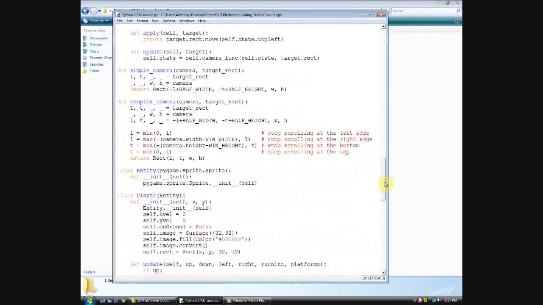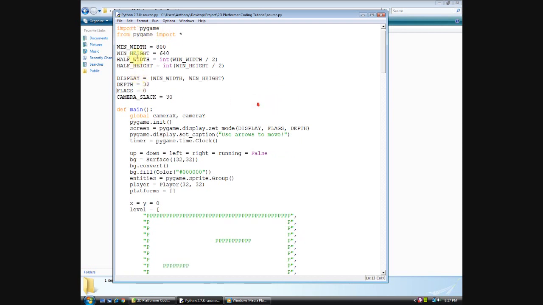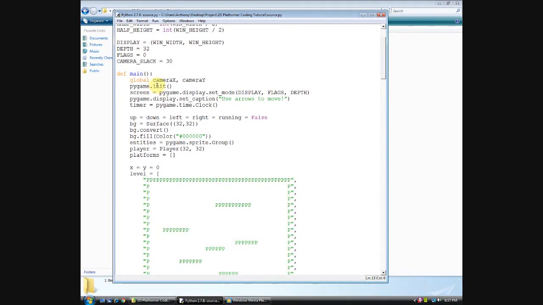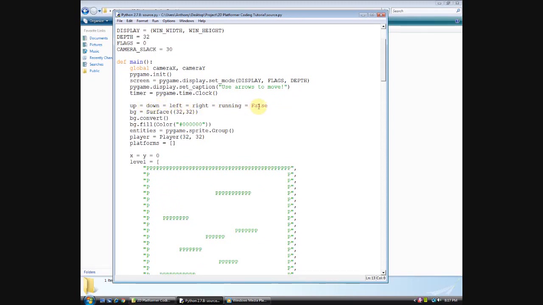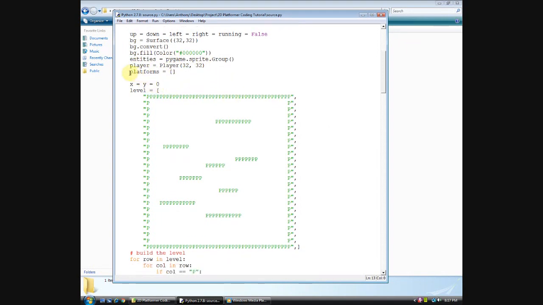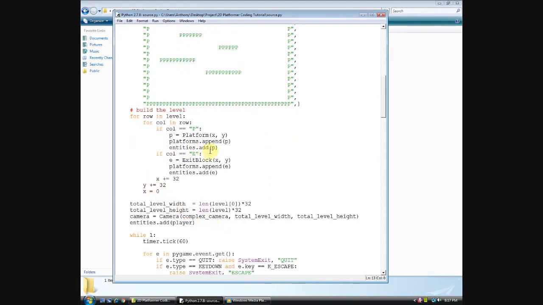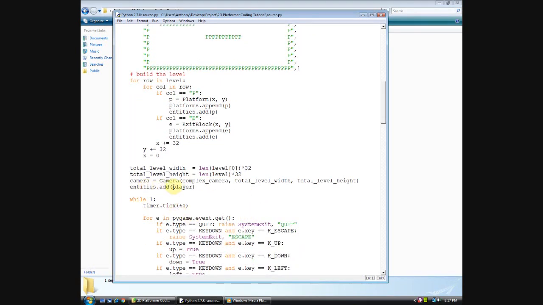So that's it. Now that we understand all this code, we can run through it real quick, and it should seem very simple. Starting at the top, import Pygame, set our screen dimensions, initialize Pygame, initialize the display to create a window, set a caption if we want, create a game timer, create our input variables, create a background surface, create a sprite group to hold our sprites, create our player sprite, create an array to hold our platforms, then create the platforms and add them to our sprite group, find the size of the level so we can create the camera,